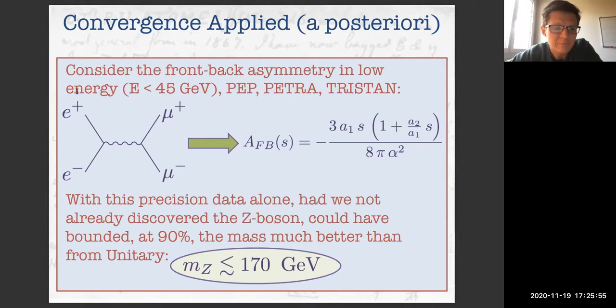The first, the only one I will discuss really, is to think about e plus e minus to mu plus mu minus. Now, these old accelerators, e plus e minus colliders, actually measured these cross sections very, very precisely at energies below the weak scale. But nonetheless, they were measuring it precisely enough that the effects of Z exchange were very, very noticeable. You see in these plots, right? You've got the cross sections falling, and then it goes up again to hit the Z pole and down again. But at the tail, when the tail of the Z is turning on, you're starting to get sensitivity to the BSM, to the Z pole even before you've hit the actual Z pole itself.